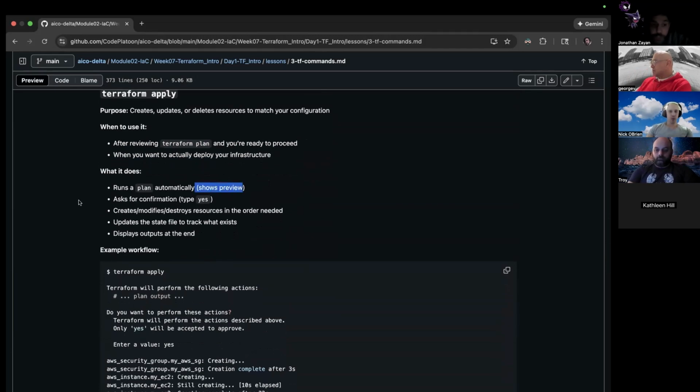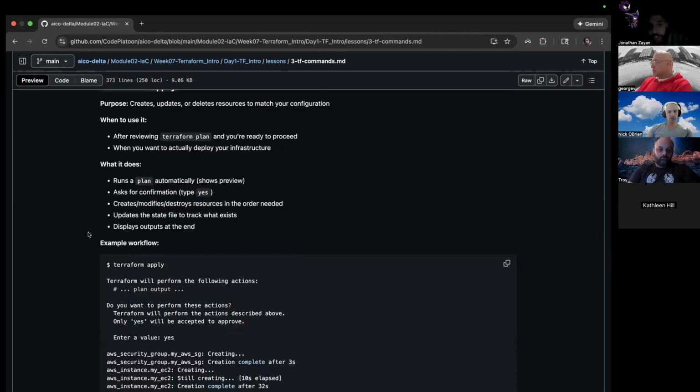It shows you the preview. Terraform apply also asks for confirmation. You have to type yes to continue. And then it creates, modifies, destroys resources in the order needed. Remember, it knows about dependencies and what's reliant on what, so it's going to do it in the proper order. And it's going to update the state file to track what actually exists,